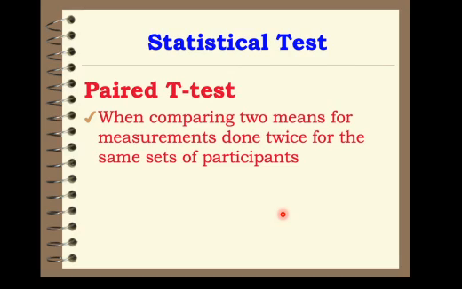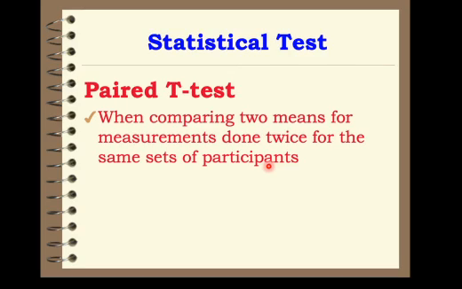It is called an independent t-test because the two means being compared are independent of each other. In a paired t-test, we are actually talking of the same sets of participants, but you measure them twice. So there is a before and after